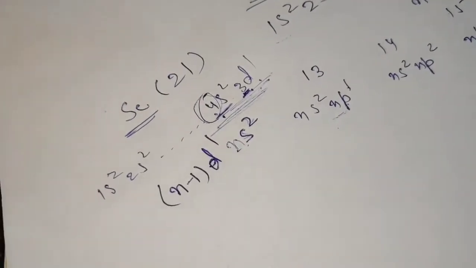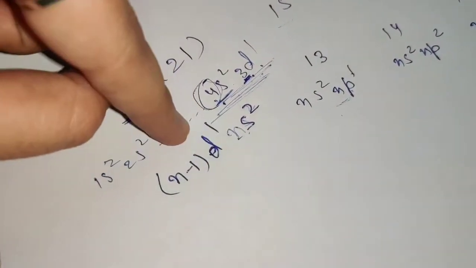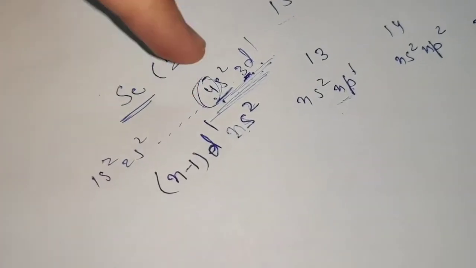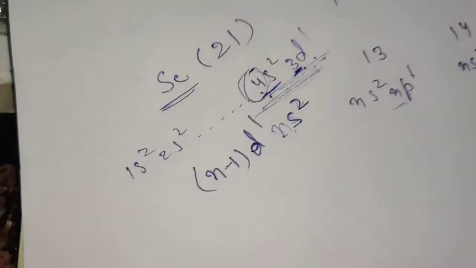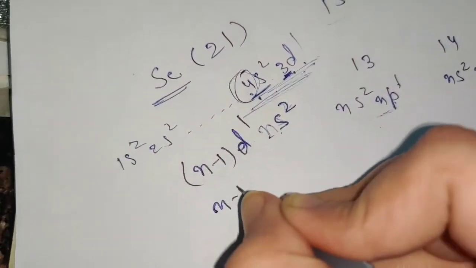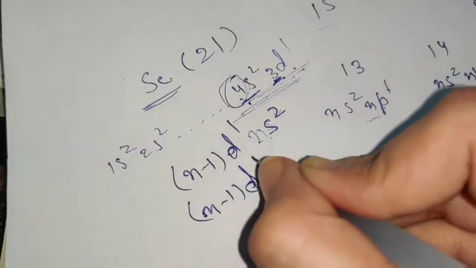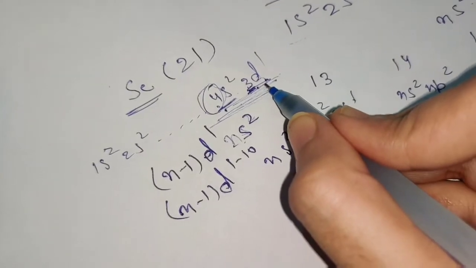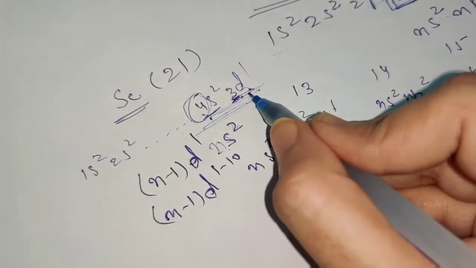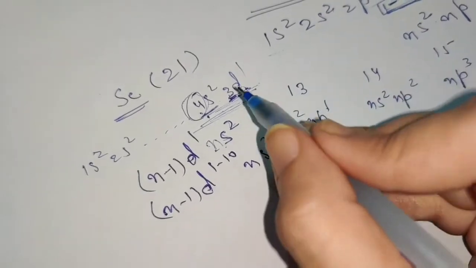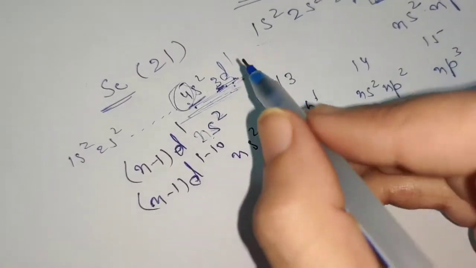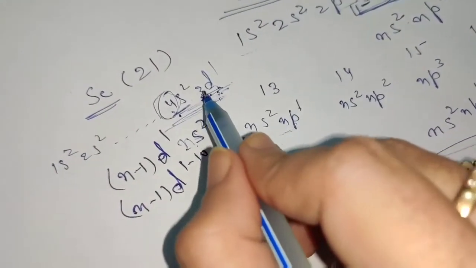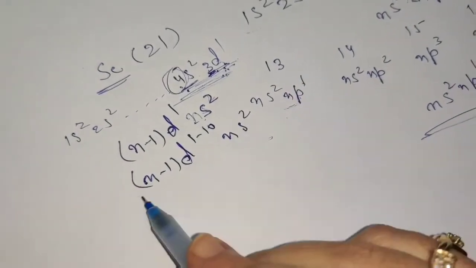Okay, so if you continue writing the electronic configuration of each group which is falling under D block, you will observe that this number 1 will go on increasing: 1, 2, 3, 4, 5, 6, 7, 8, 9, 10. So in general, the electronic configuration can be written as (n minus 1) d 1 to 10 and ns2, because the last electron is entering into the second last shell of D subshell. Are you getting it? The last electron is entering into D subshell of the second last shell.